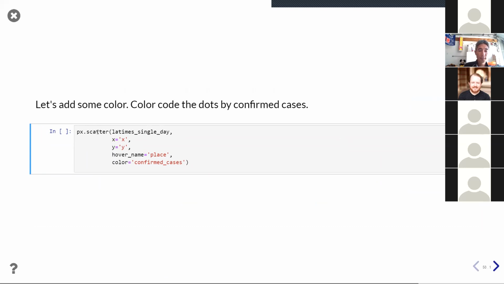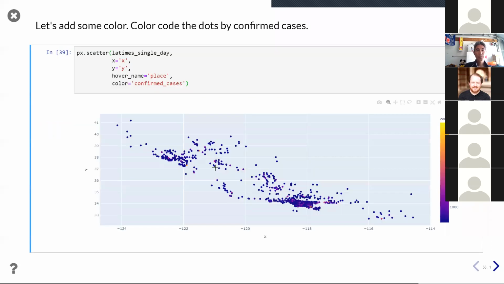So there's an argument within scatter for color. And if we add a numeric data type to color, confirmed cases in this case, it's going to color code based on the measure of confirmed cases. So when I run this, now we have a little more information. We have a scale here, from dark blue to bright yellow, and these are color coded accordingly. It's predominantly dark blue, but there are some hints of areas that have lighter colors, which in this case represents